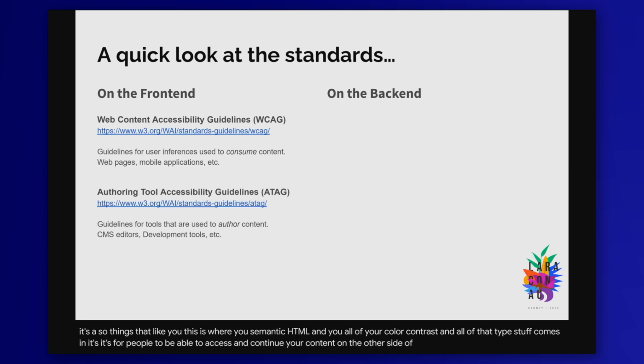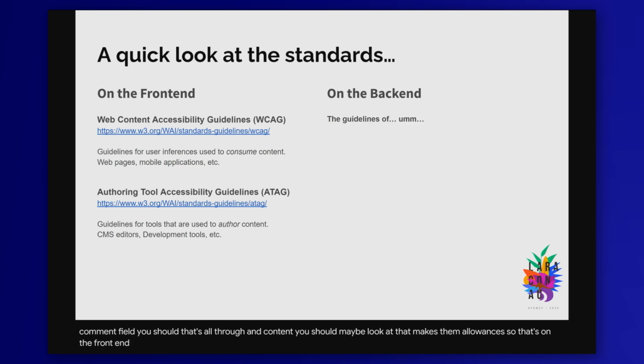On the other side of that, the one that not many people know about is ATAG, the Authoring Tool Accessibility Guidelines. So this is when you're creating a tool to create content or to author content, there's another set of guidelines which can be applied to CMS editors. Technically, even if you have a comment field, that's authoring content. You should maybe look at that, make some allowances. So that's on the front end, and on the back end we have